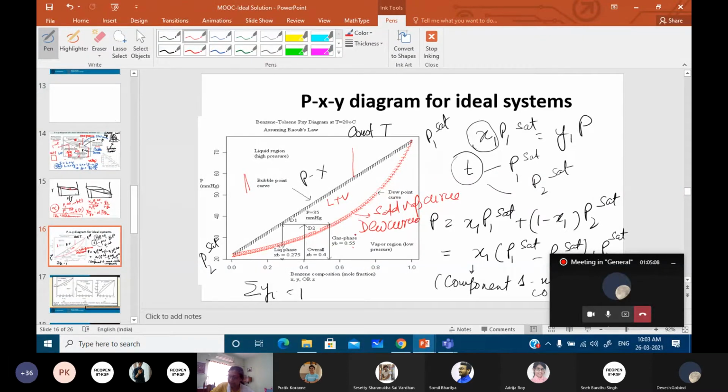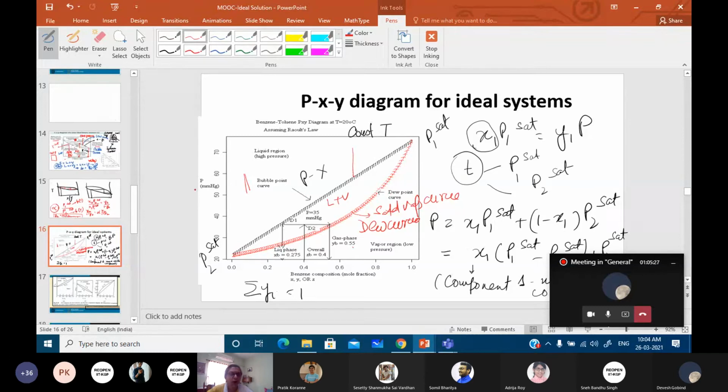and then you enter the superheated, or in other words, the expanded vapor region, right? So this is just the reverse. You have the liquid region on the top, you have the vapor region at the bottom. Your bubble point curve is on the top and the dew point curve is on the bottom. It's the same thing, right?